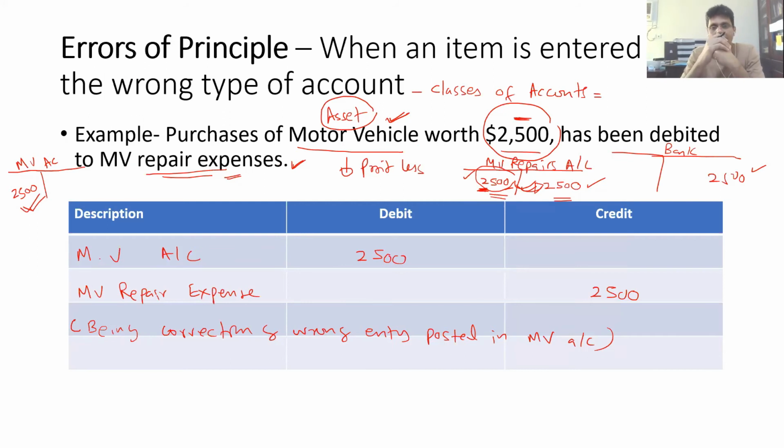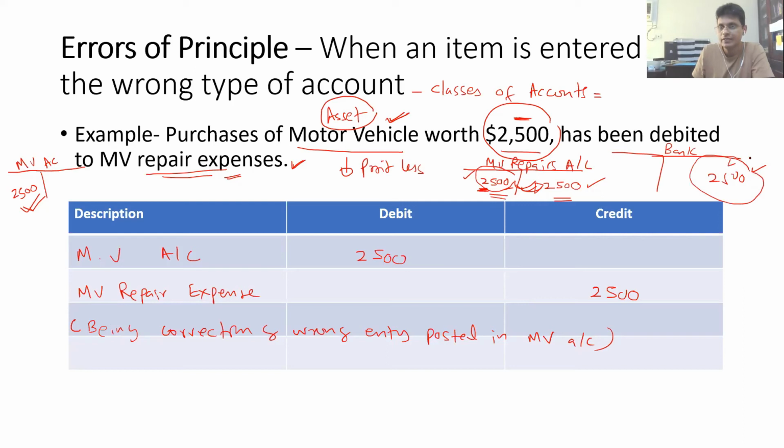Uncle, I have a question. Yes. When we're purchasing something, we're purchasing it from cash or bank, right? Yeah. So why aren't you recording the cash or bank account? Okay. It's a good question because this entry is correct, no? Whether it is cash or bank, the bank account should be credited, no?